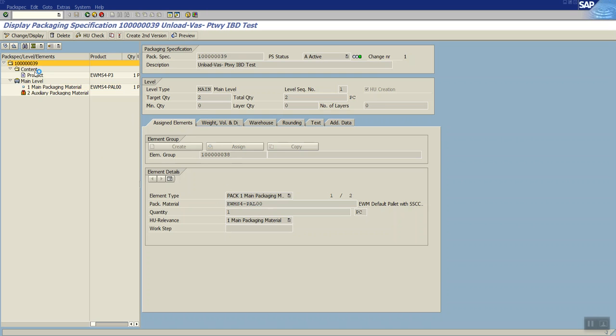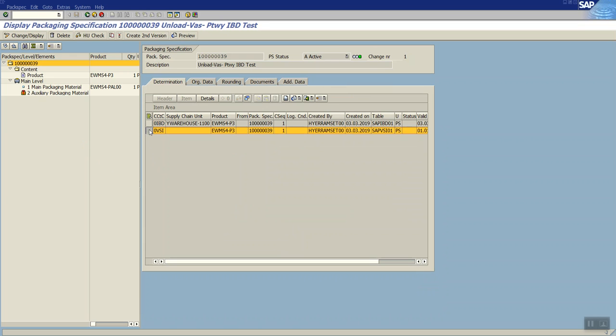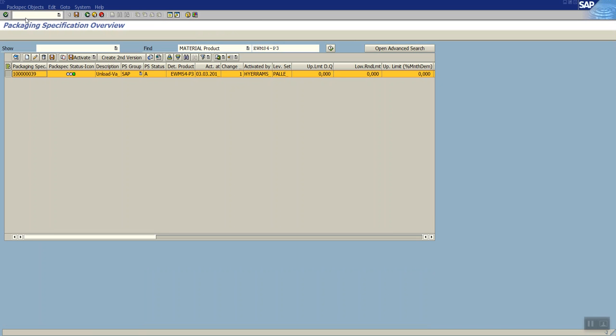Now, from the condition record point of view, when the condition type for value added services is 0VSI, I am telling the system that for this condition and for this product you perform this packaging specification. So we are good with this, and then next